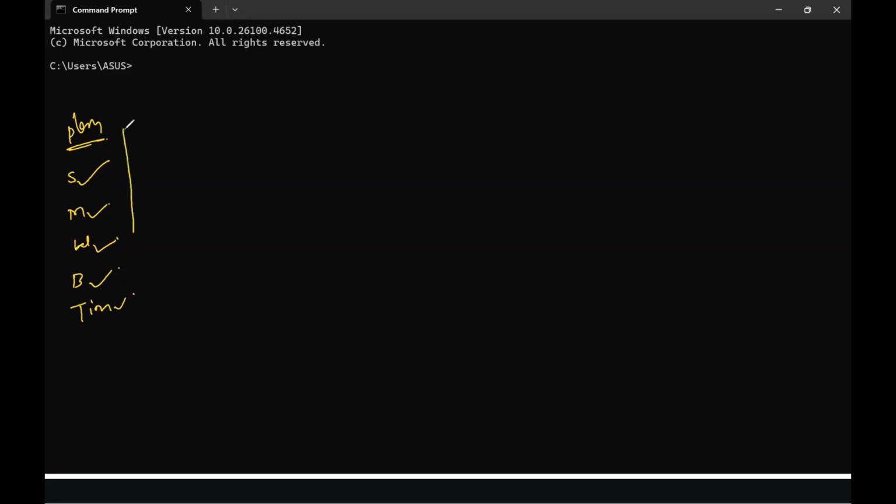In a similar way, if you are trying to create an application, we should have the plan first. The first one is the name of the application.